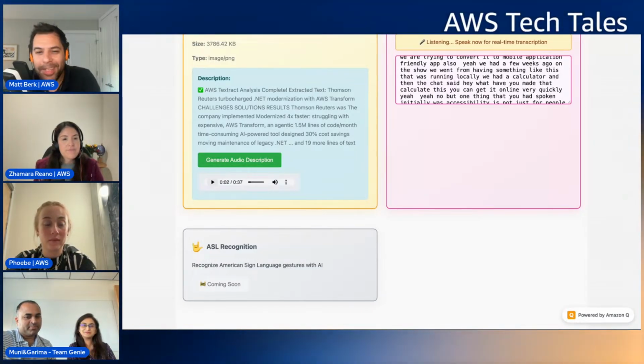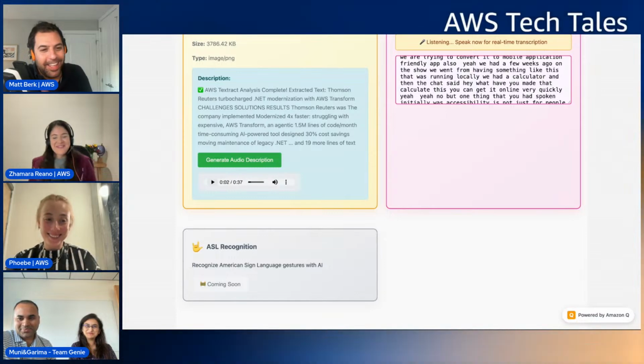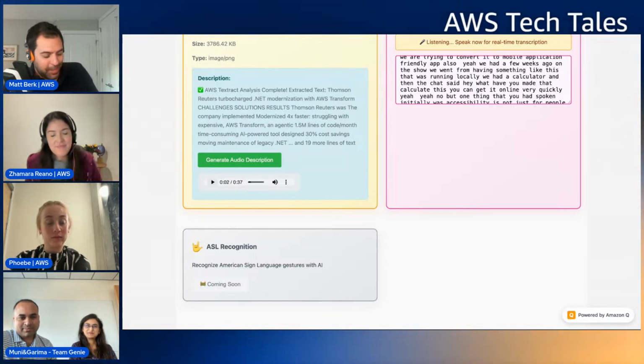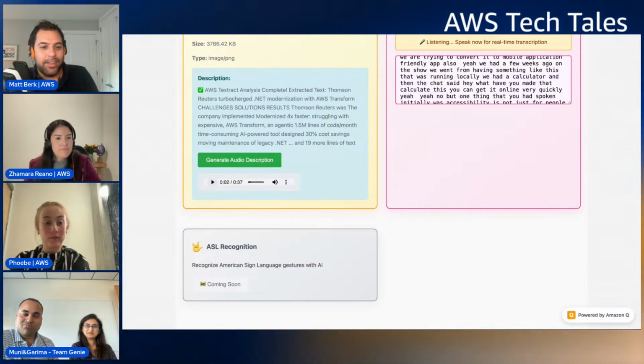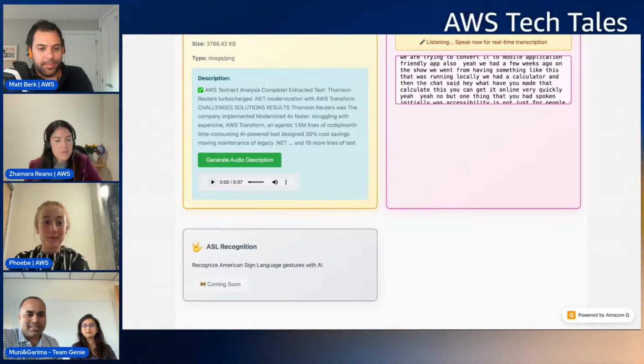Nice. So this begs the question: you have Powered by Amazon Q. I don't want you to give away all your secret sauce, but how did you prompt or tweak it to get to this point in such a short amount of time? Yeah, that's where the learning part was for me too. Initially, I tried to deploy this. QCLI was like, give me a very basic app, and I tried to modify that and add more features.